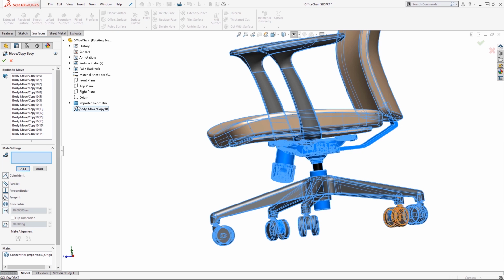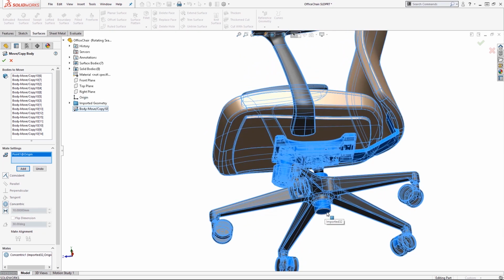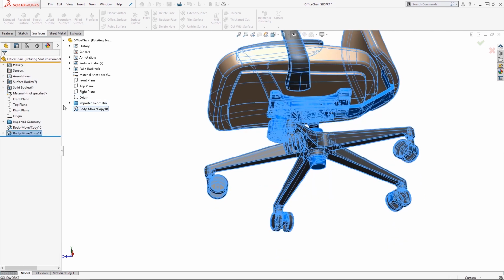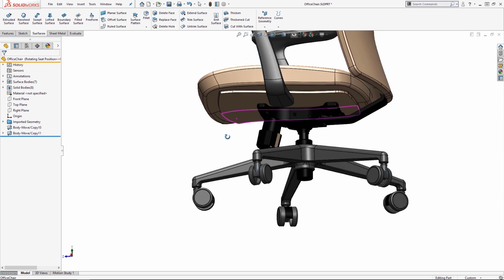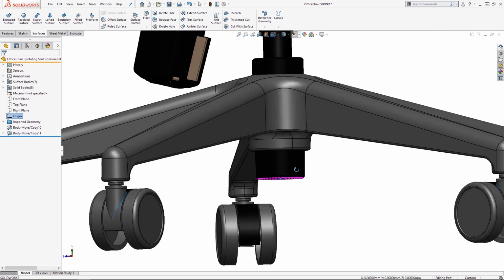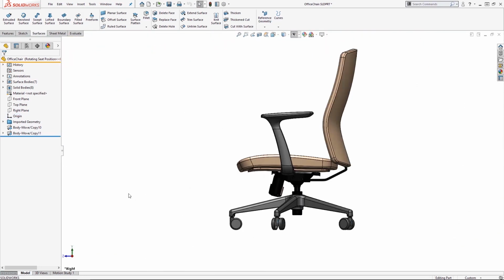Additionally, I would also like the origin to be placed on the end face of the shaft, so I can also add a coincident mate between the origin and the end face. Within that Move/Copy Body feature, we have added two constraints rather than applying two separate Move/Copy Body features for this translation. We can also use the Move/Copy Body command to show our model in different states.